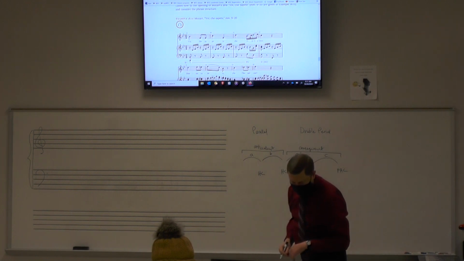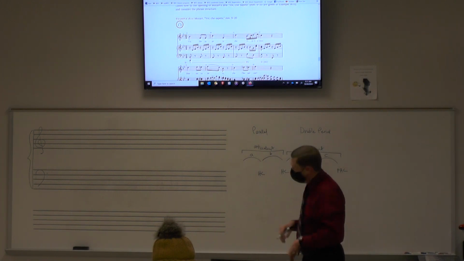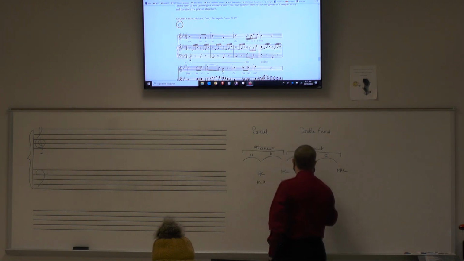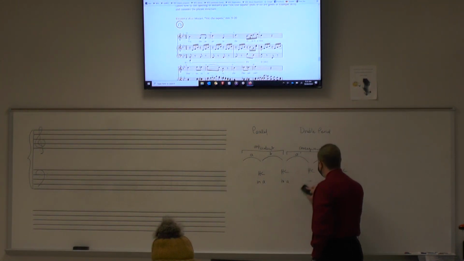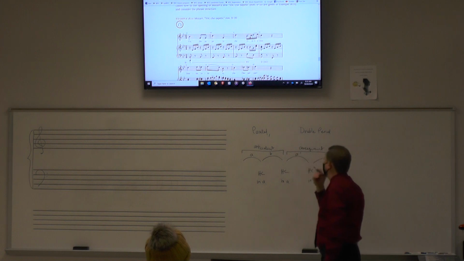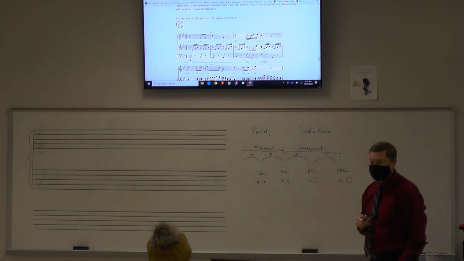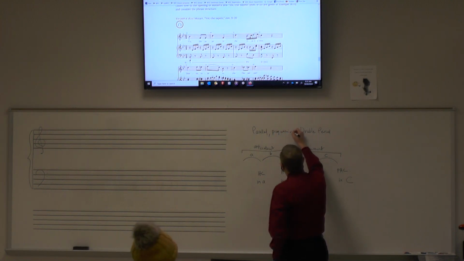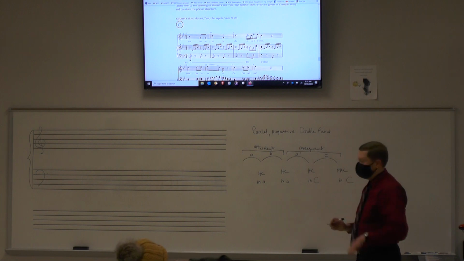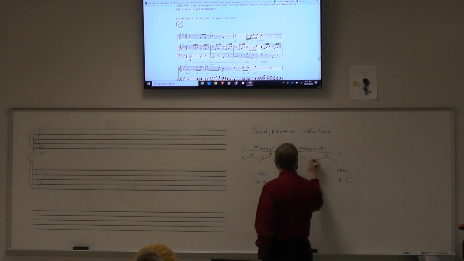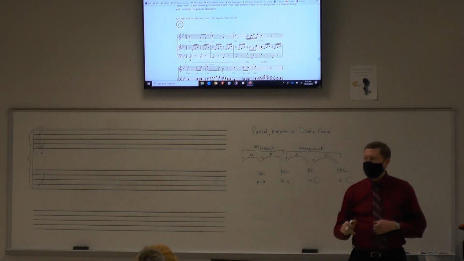And if I wanted to put some keys in here, let's say we're in A minor the whole way through, except, actually, let's change it a little bit. Let's say we go to C major, the relative major. What term would you use to describe the harmonic content of this double period? Progressive, that's right, because it modulates. So here's an example of a parallel progressive double period graph. And then the only other thing, since we don't have a concrete example, is you would have measure numbers to put in here. And that will complete your graph.